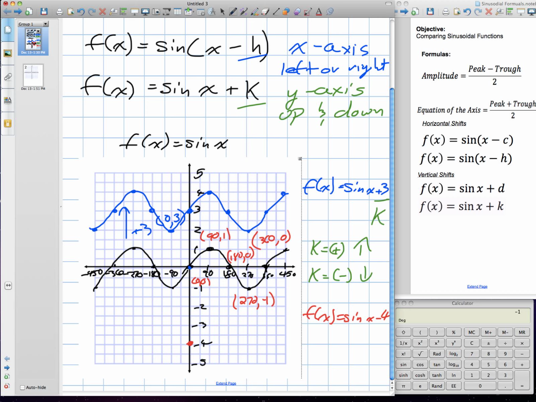We start again where our original equation is, which is our sine x at 0, and we just move everything down 4. So at 0, instead of being 0, I'm at negative 4. At 90 and 1, I'm at negative 3. I'm at 0 again, 5. So if you notice, I took our key points and I just subtracted 4 from them. If we continue that pattern,